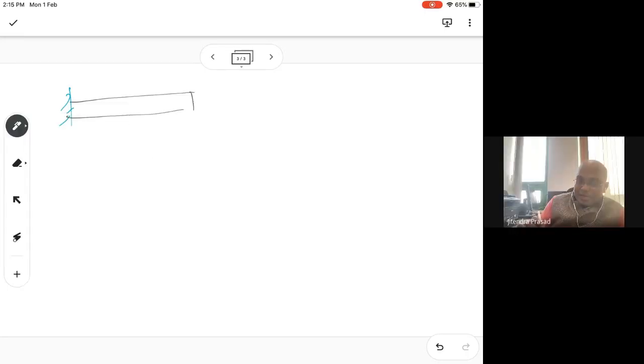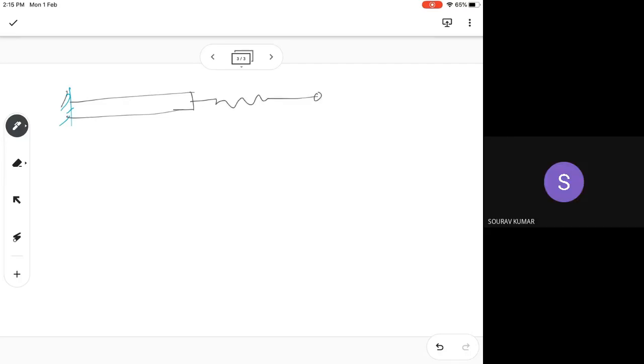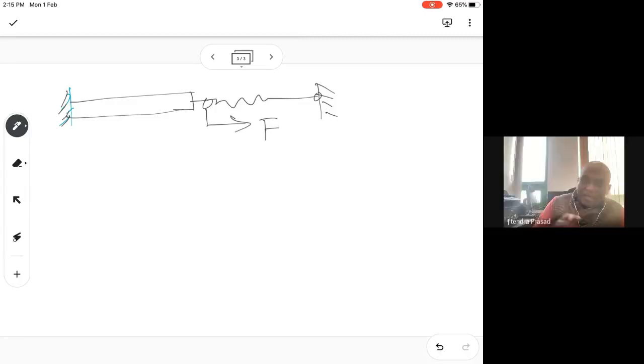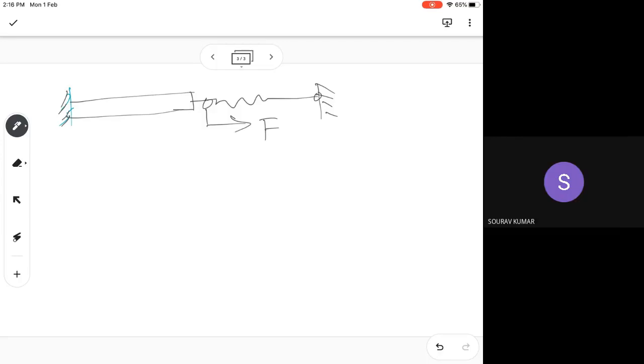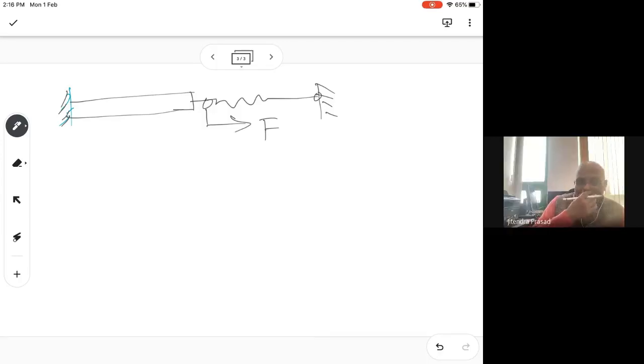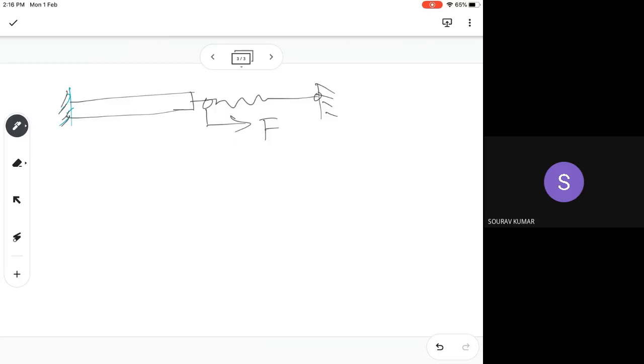So you are saying there is a bar here and then there is a spring here, right? The spring is fixed and the bar is also fixed. Yes, sir. And I am applying an axial load at the center of the bar. It doesn't matter, you are applying it at the joint, so it's the same thing. My question is, should I just change the boundary condition at the end, or should I also consider the spring in the elements?